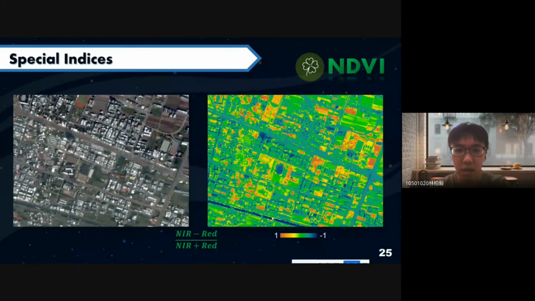And this is the example of NDVI. You can see that even if this area looks like it has grass, in NDVI, it doesn't show a high value. So the green color in the true color image is not very suitable for finding a healthy vegetation area.